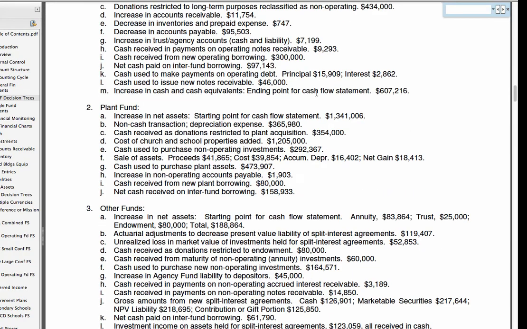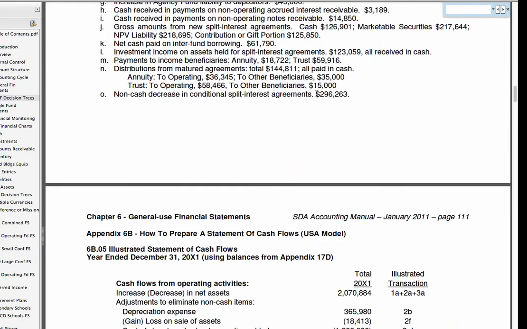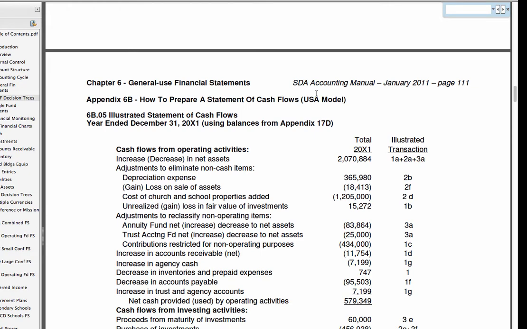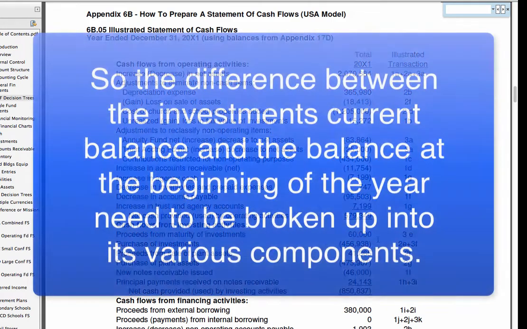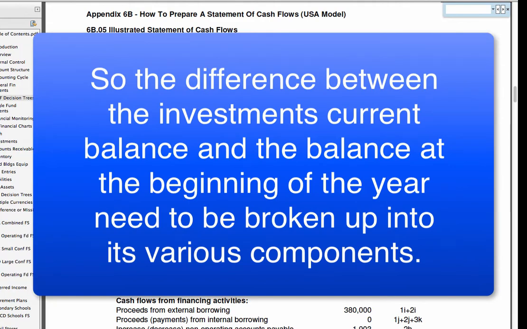Okay, but we go to the cash flow statement and we see we have investing activities, and we have investments that are maturing, and we have investments that we have purchased. Okay, and we may have some more investments. We may have a gain on investments. Those things have to be broken apart. And we can look here, we see proceeds, 3E, 2E, and 3F. You see these things are getting combined into several